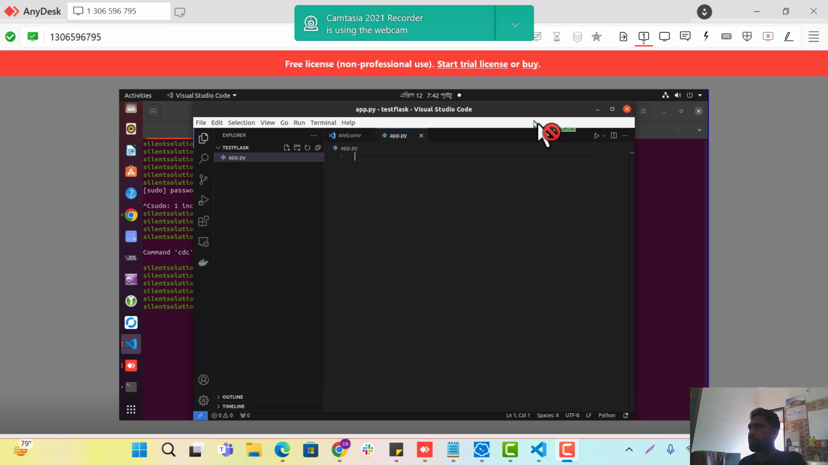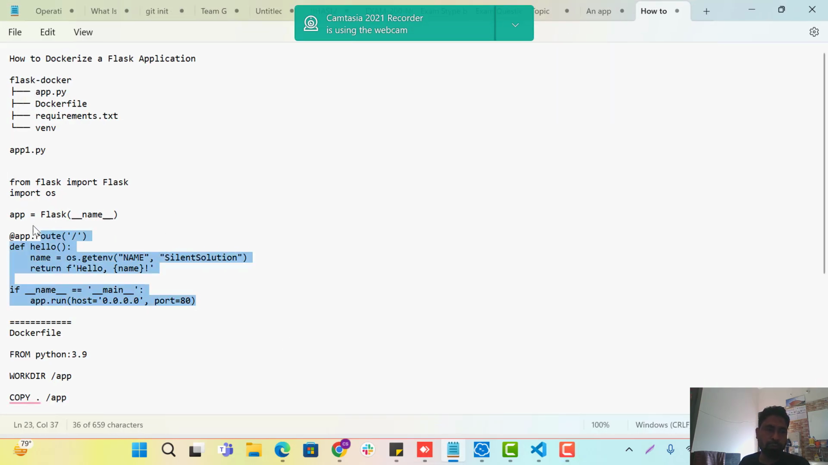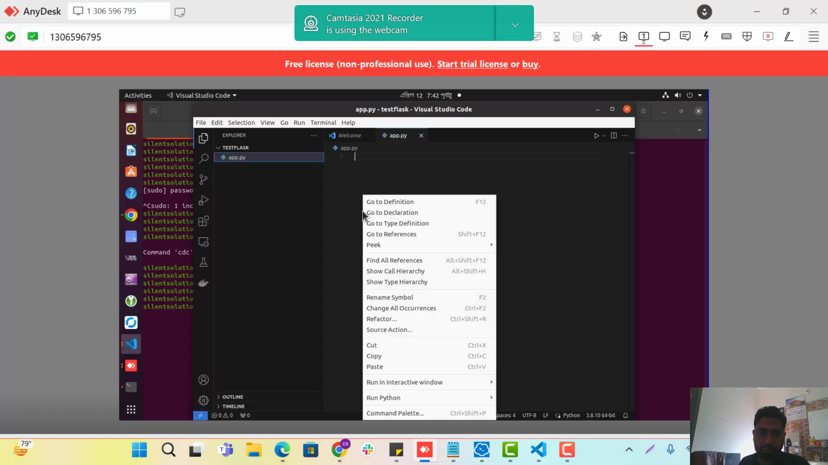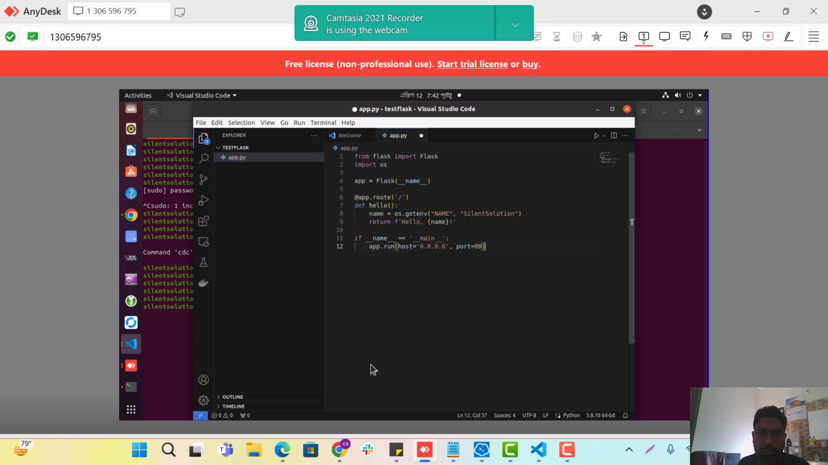the app.py file, click here. We just paste this code here. Now we are getting